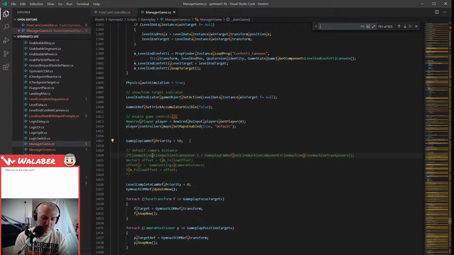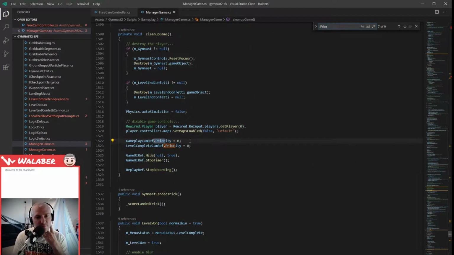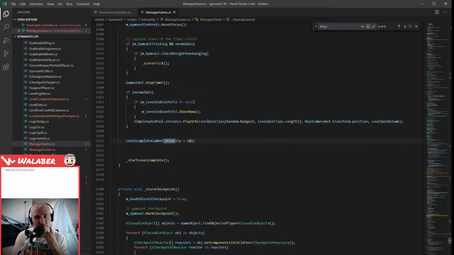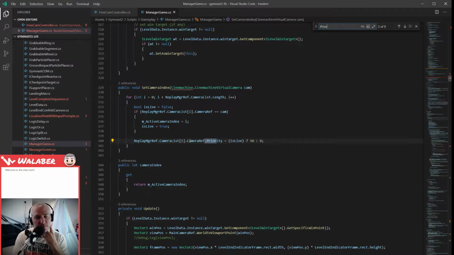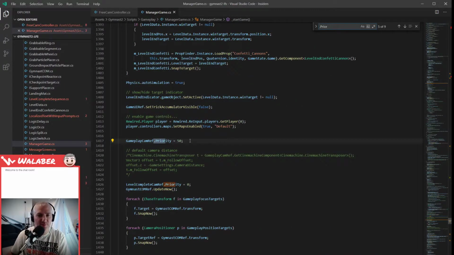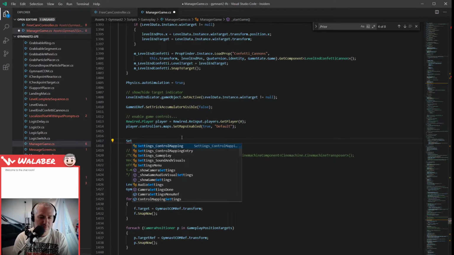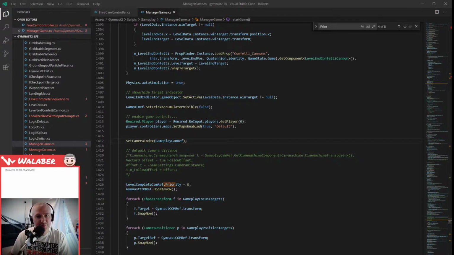That doesn't seem... That might not be the problem. Because gameplay cam ref. I mean, we might want to set this instead to be set camera index gameplay cam reference. But